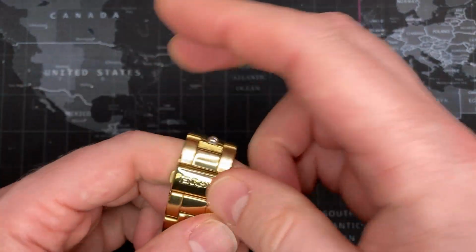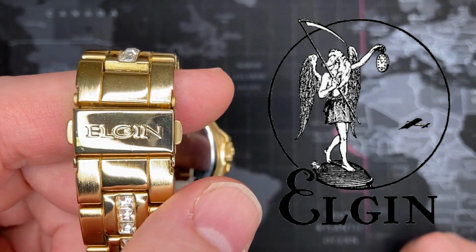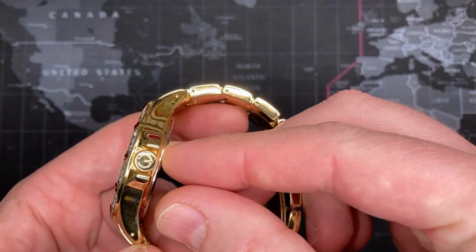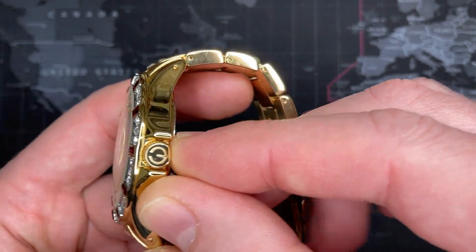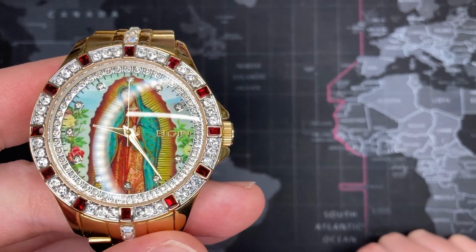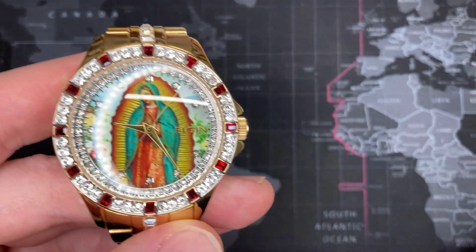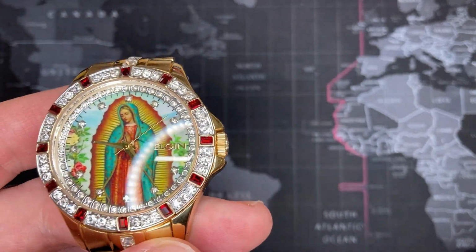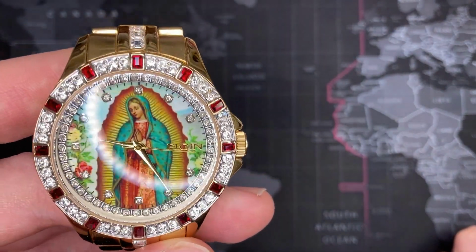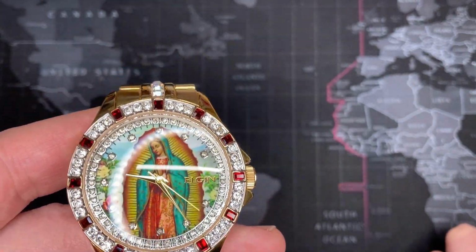For those who don't know, Elgin is an American brand that was formed I think in 1864 as originally the National Watch Company, and they were very successful. They produced a lot of really fantastic Elgin watches. It was really a great company. They had been around for many years, but I think they ended up closing up shop ultimately in 1970. What first hit them was the onslaught of Swiss watches. Now, at some point in the, I want to say the 40s, shortly after the war. Yeah, that would make a little more sense. After the war, like say 48, 49,